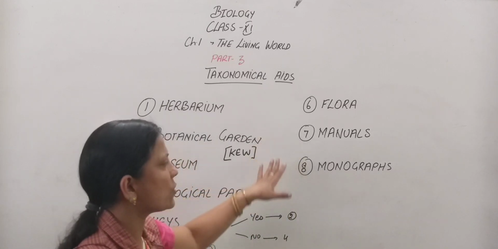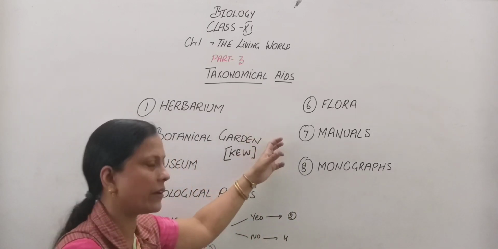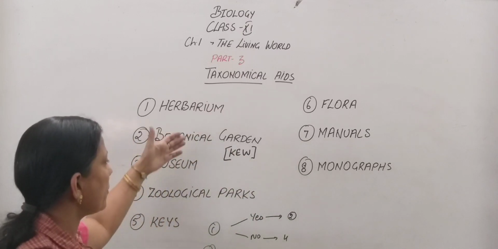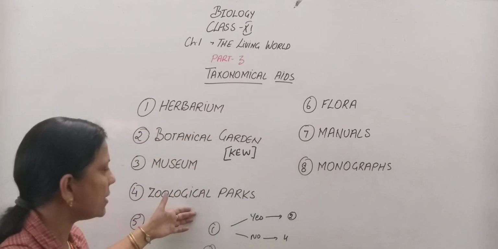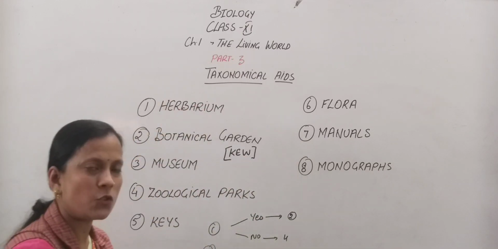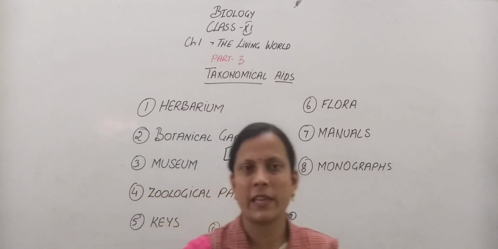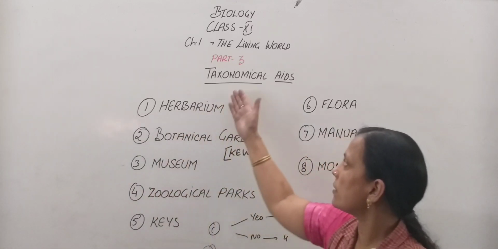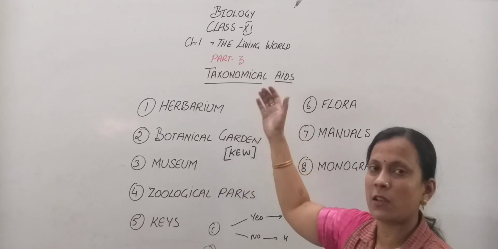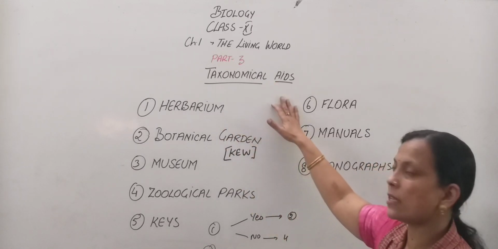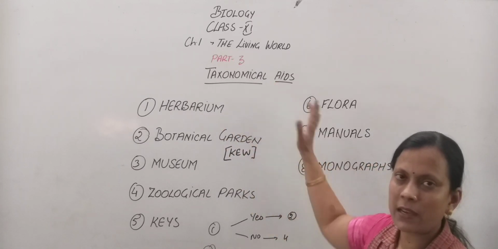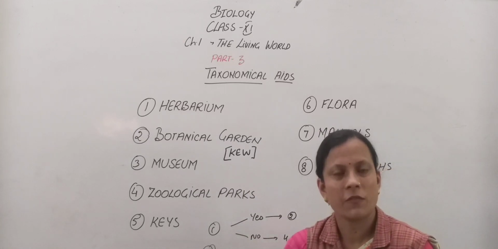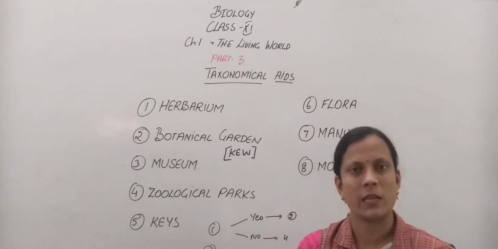So these are the taxonomical aids. These are written descriptions and things we can practically see. These are the methods, taxonomical aids, to help study the various organisms and species using taxonomy. If a person is really interested, he can use any of these aids and know the correct identification of that particular organism or plant.